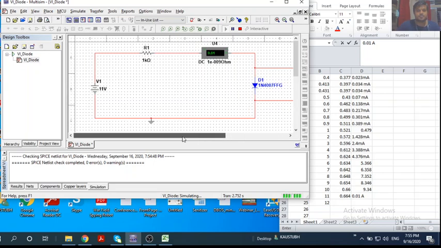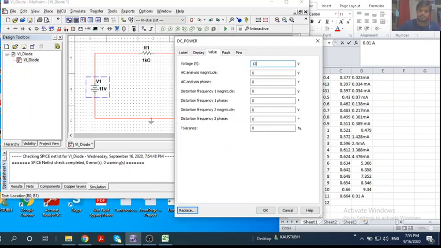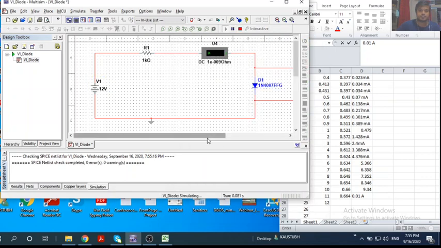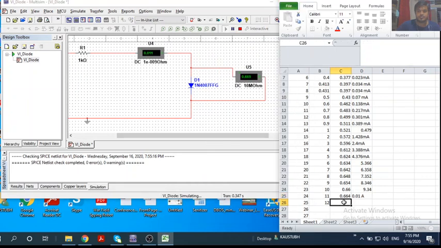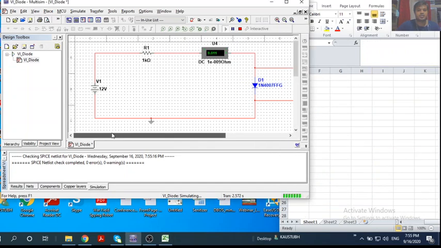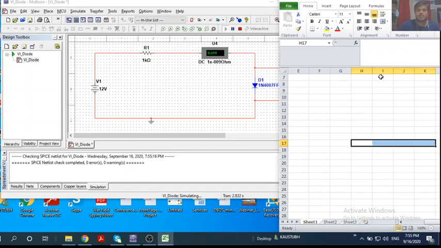Okay, then at 12 it is 0.669, and it is 0.011 ampere. Okay, so as you look at this,